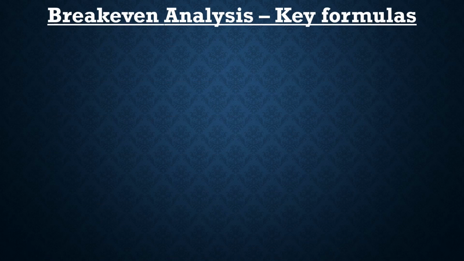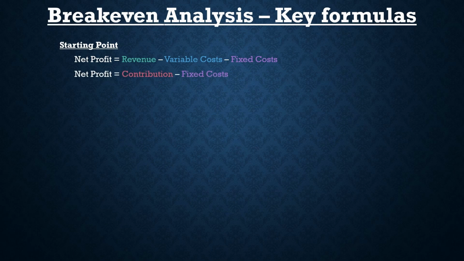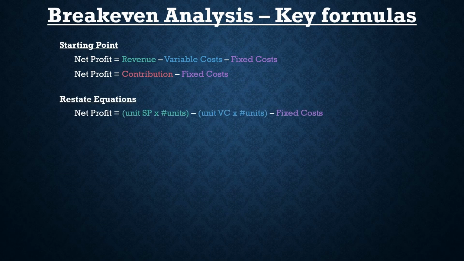Next, we consider the key formulas for break-even analysis. As we have already seen, when we calculated our contribution margin, we identified a self-explanatory formula. Net profit is equal to revenue minus variable costs minus fixed costs, which can be simplified as net profit equals contribution minus fixed costs. We can then restate these equations such that net profit is equal to the product of the number of units and the unit selling price